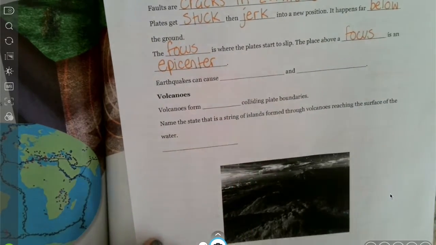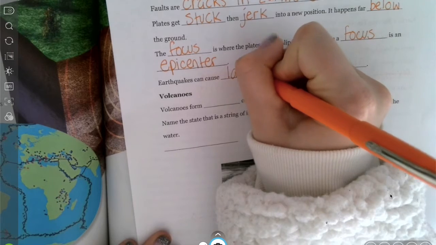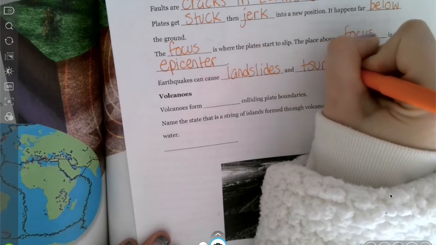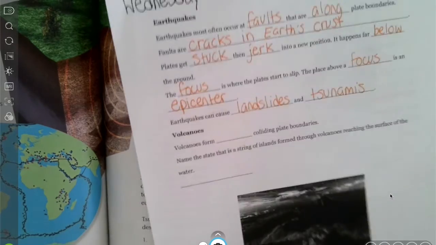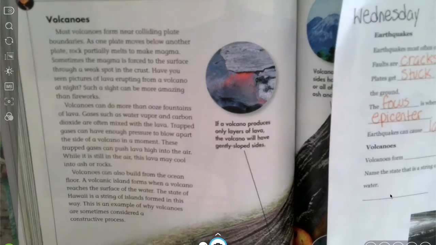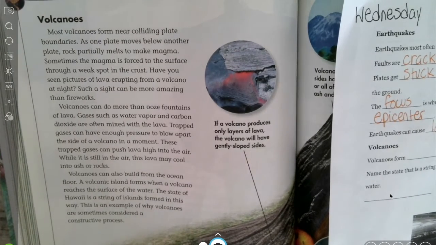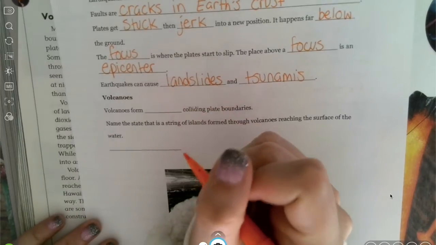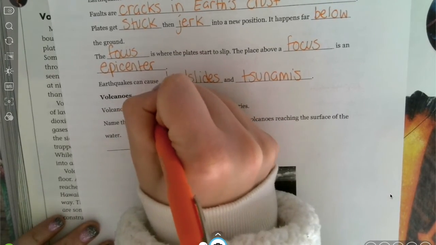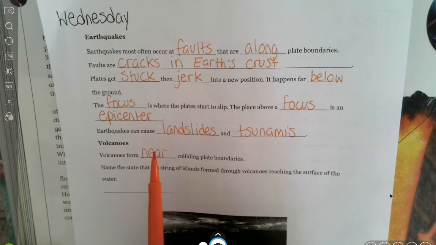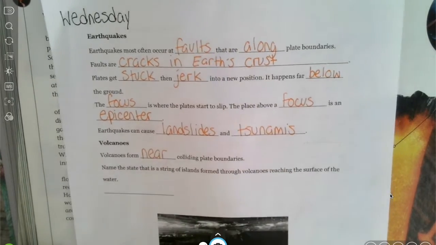So earthquakes can cause landslides and tsunamis. The next one we're going to look at is volcanoes. And volcanoes are another one that we don't see firsthand, but volcanoes can be very, very dangerous. So most volcanoes form near colliding plate boundaries. So if we saw that earthquakes happen along plate boundaries, volcanoes form near colliding plate boundaries, that they kind of